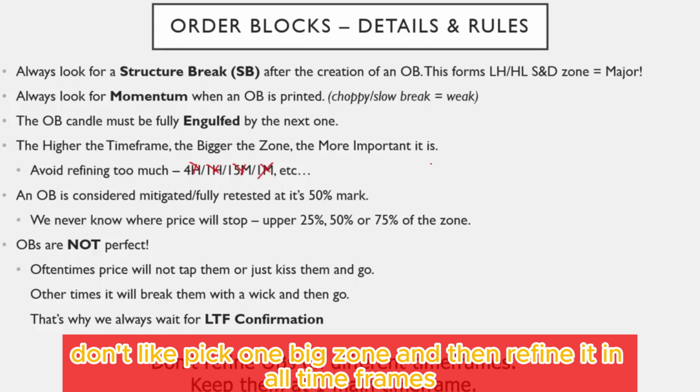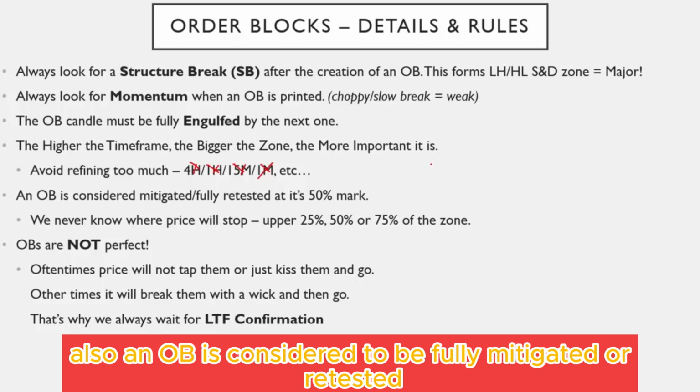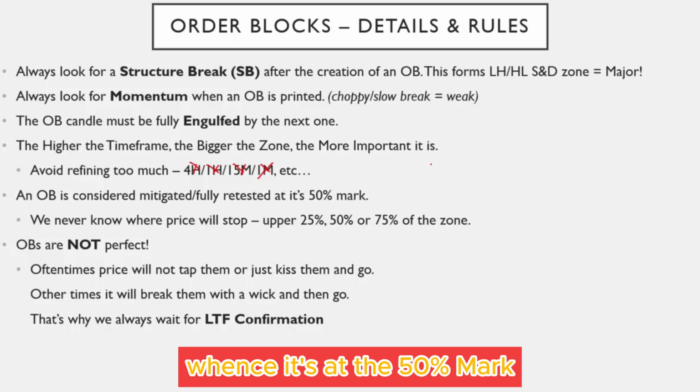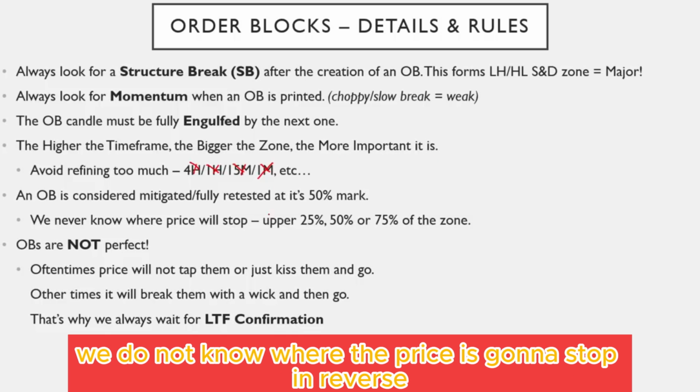Don't pick one big zone and then refine it on all time frames. Pick one time frame and use that time frame only. Also, an OB is considered to be fully mitigated or retested once it's at the 50% mark. So as I told you in the previous example, we do not know where the price is going to stop